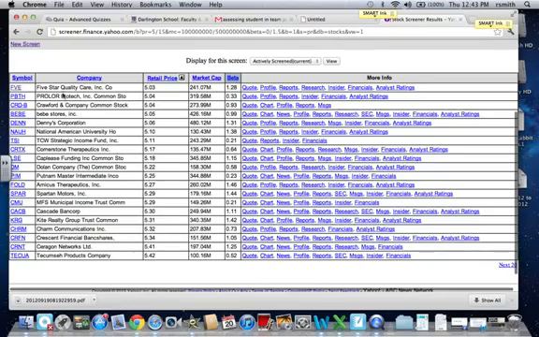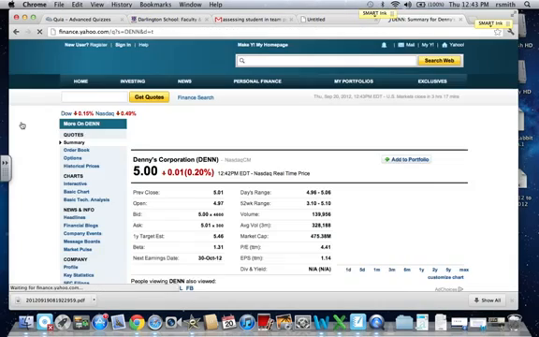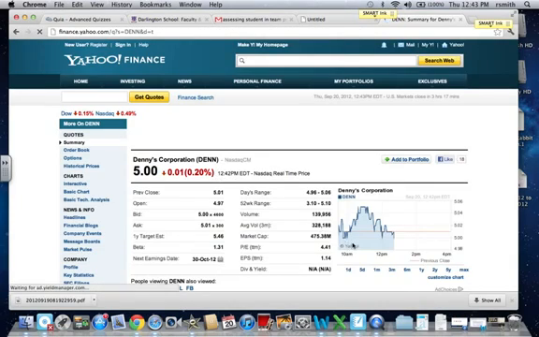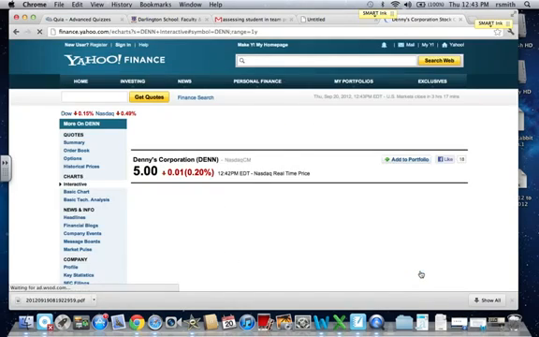Here you might recognize some different companies. There's Denny's, which is right now selling currently at $5.06 a share. Let's click on it just so you can get an idea of what I'm talking about. We see right here, let's look at a year picture. And we can see right now that Denny's